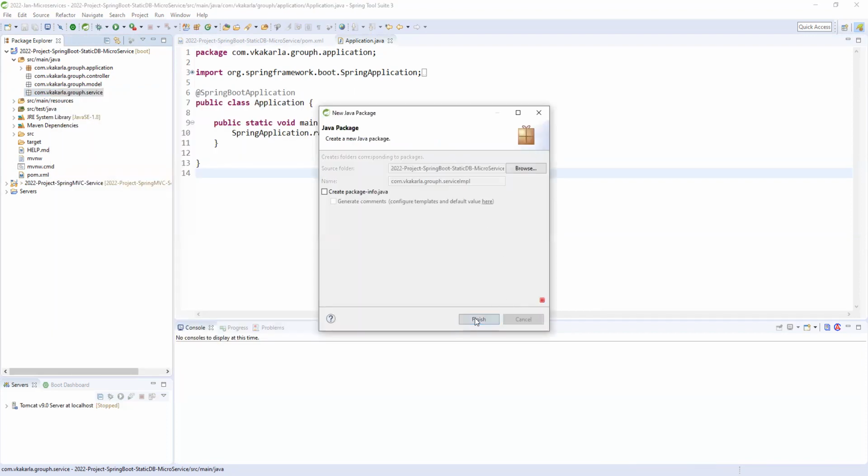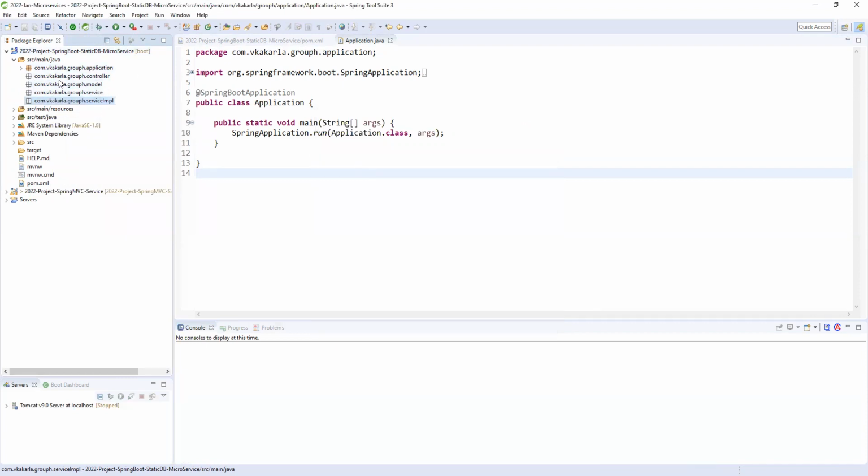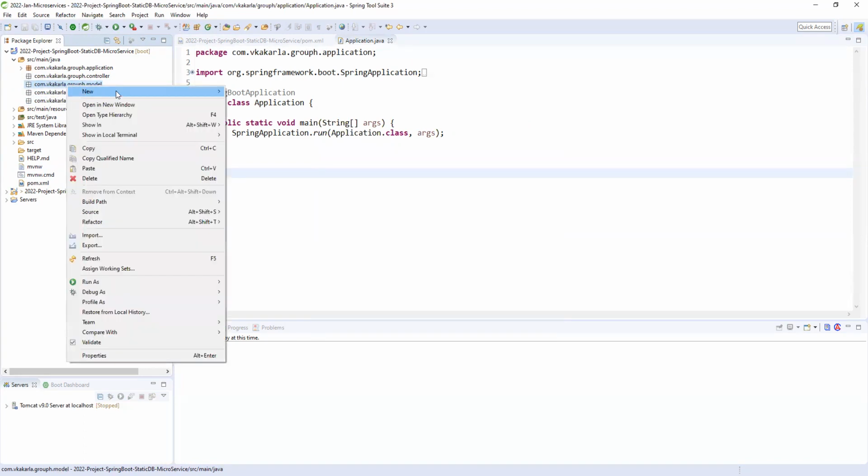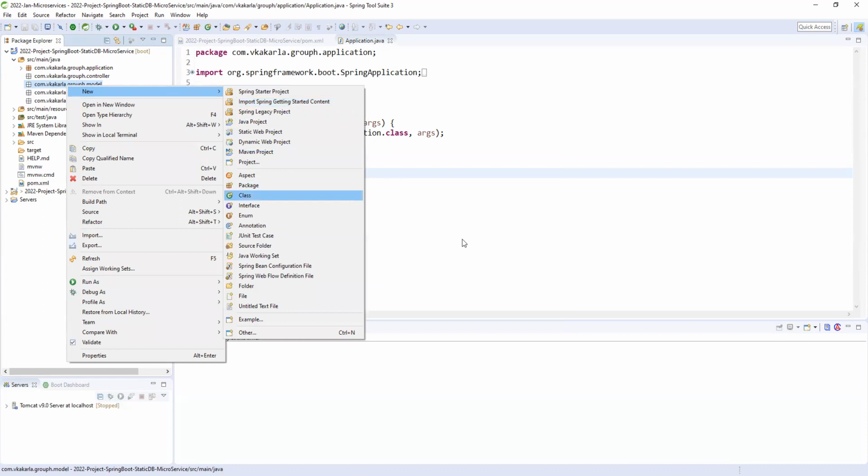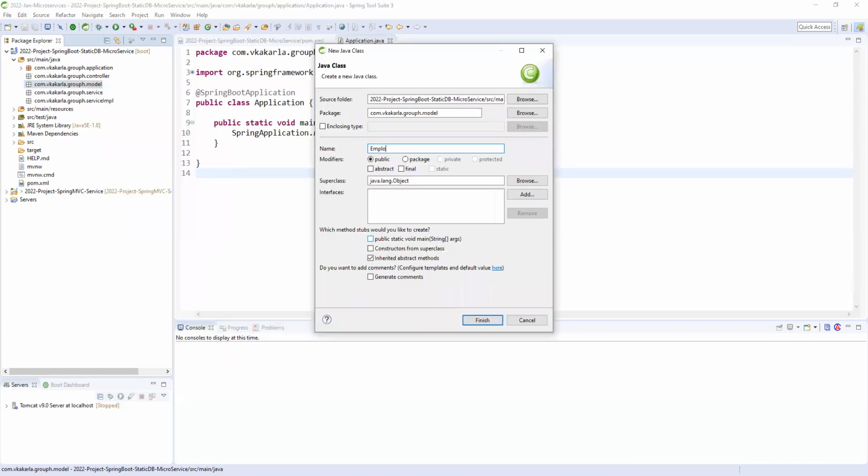That's fine. Now we have different packages for our application. Now you can create the first class. So the employee model. I just created the employee class.